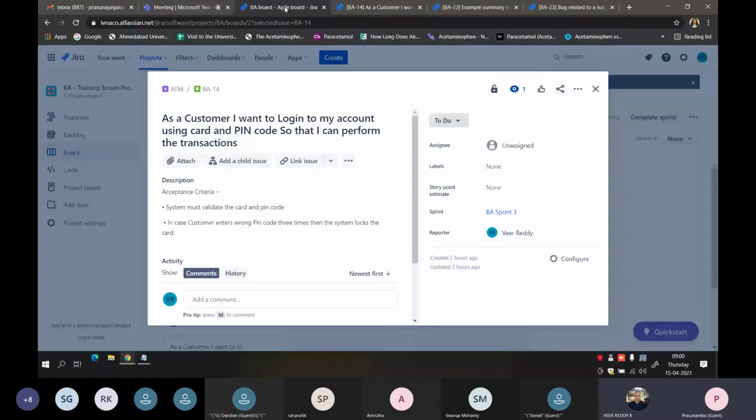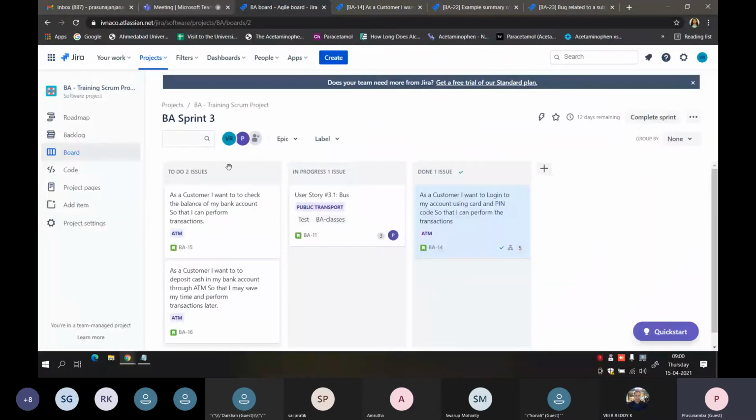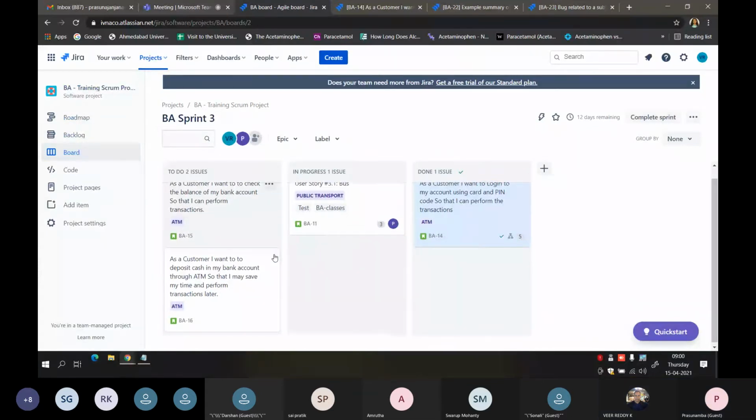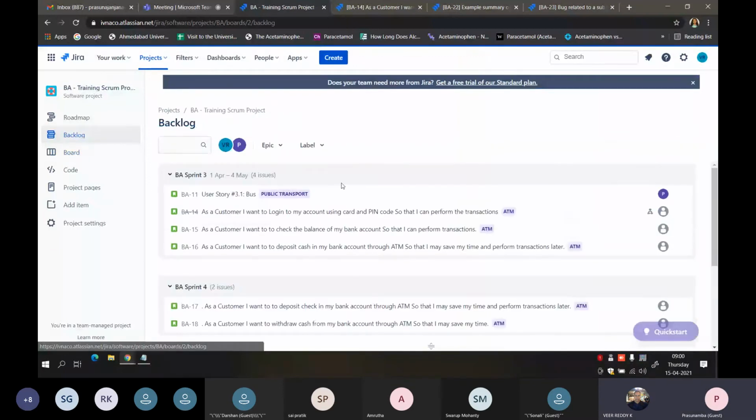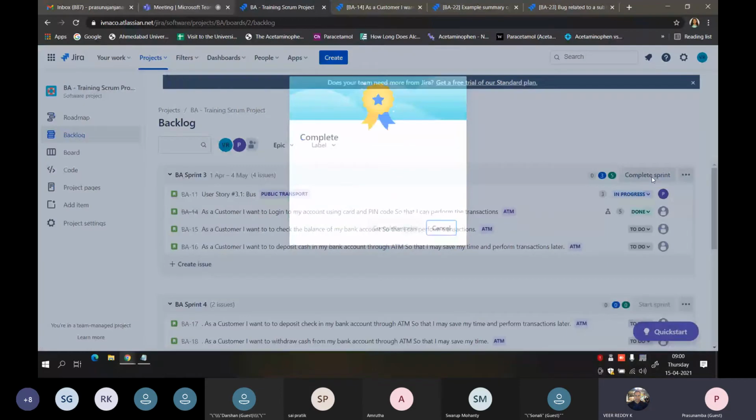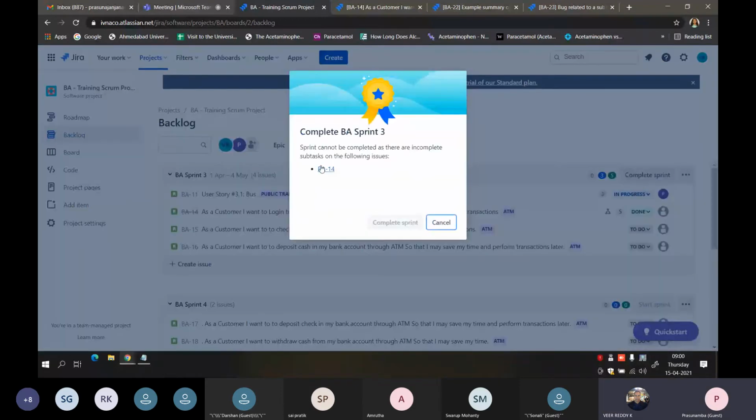So now I go to the BA board. And then I'm trying to complete this. See, BA14 is done, but the remaining tasks are still in open state, to do.